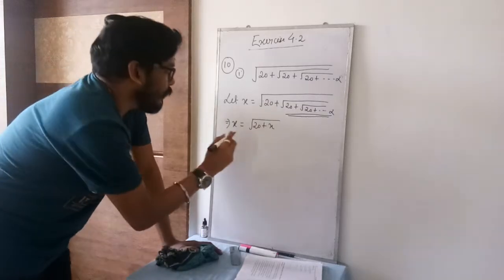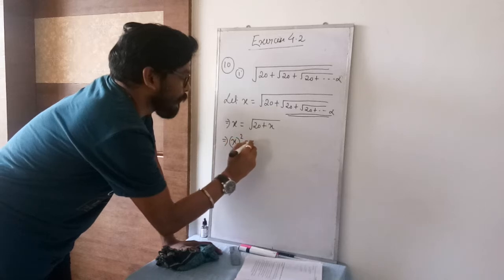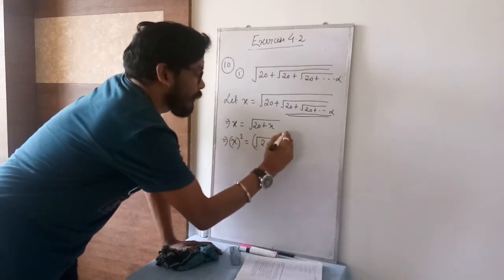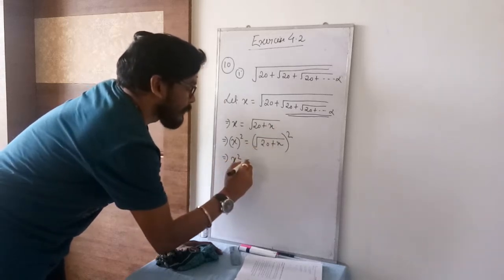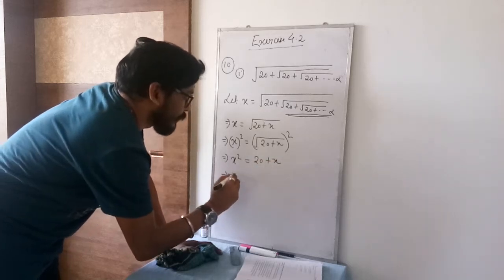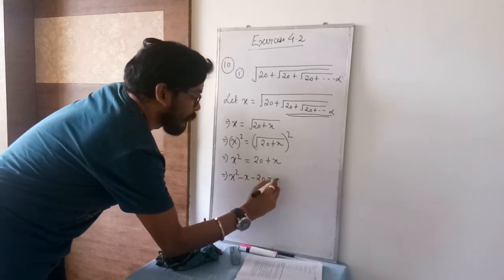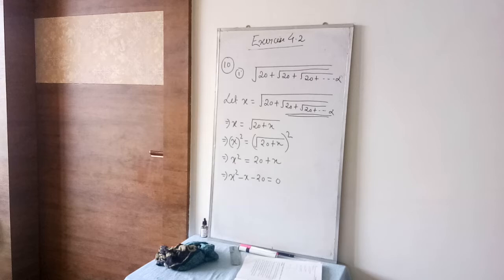Okay, so to remove the square root we have to do whole square on both sides, because the square root will be removed when you do the whole square. Done. So x square, square root and square cancel, so it is 20 plus x. Now let me shift everything to the left hand side. Plus x will become minus x, it is 20. Take the screenshot of this part.